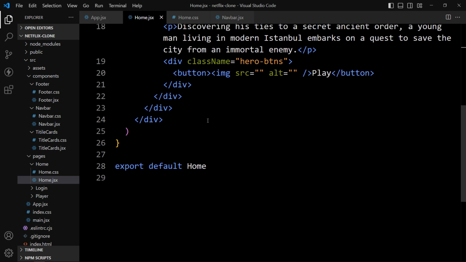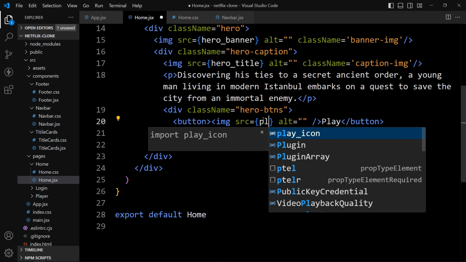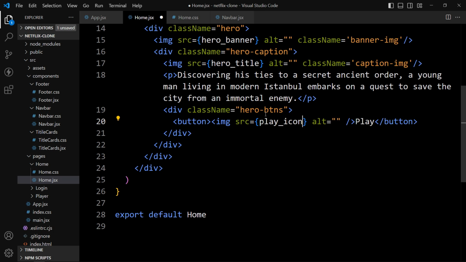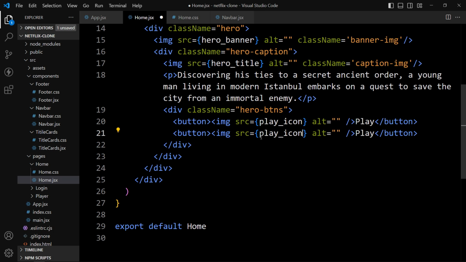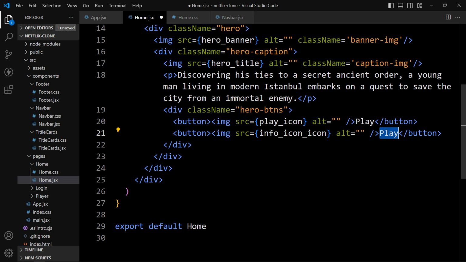After that we will use these images here. So add curly braces, write play icon and duplicate this button, and here we will add info icon, and button text will be info, or let's say more info.